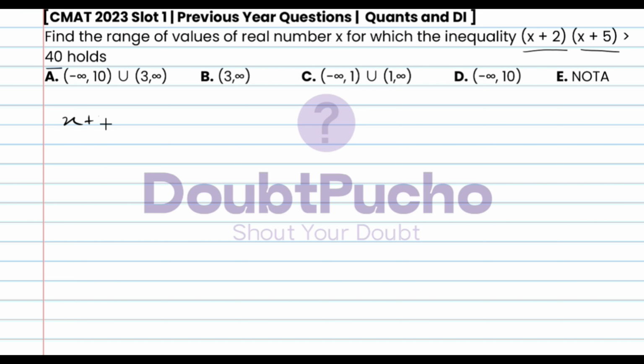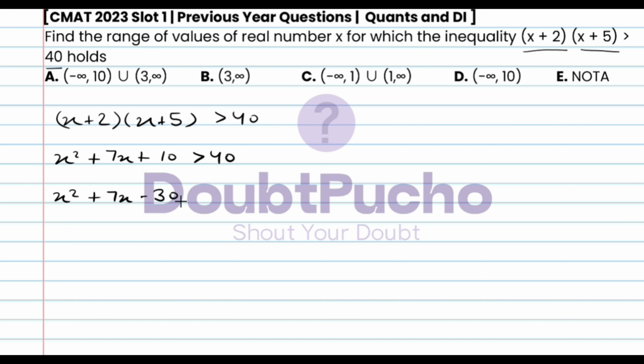(x + 2)(x + 5) is greater than 40. So solving these two, we will have x square plus 7x plus 10 is greater than 40. और ये 40 लेफ्ट हैंड साइड जाएगा तो ये नेगेटिव का 40 हो जाएगा. सो दिस विल बिकम x square plus 7x minus 40 plus 10 will become minus का 30 is greater than